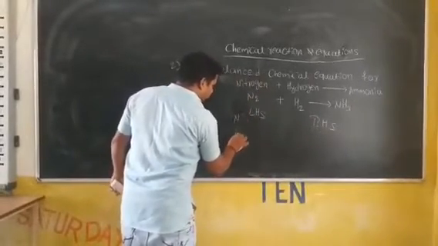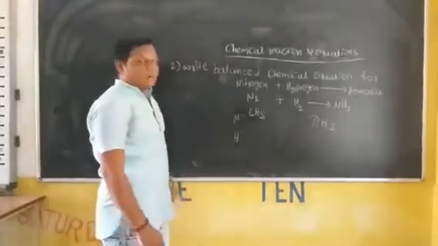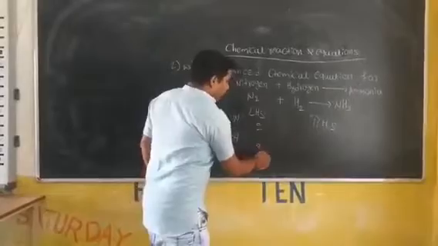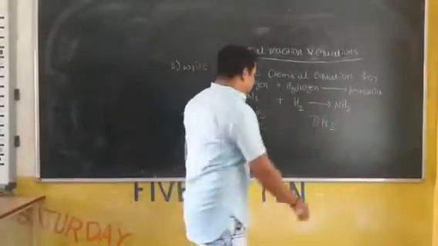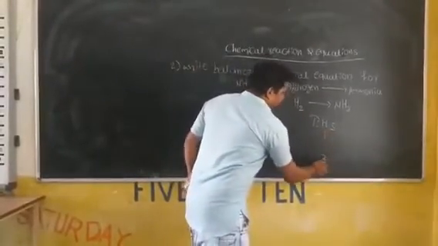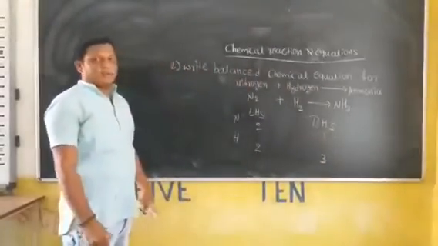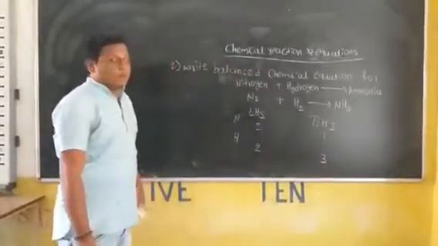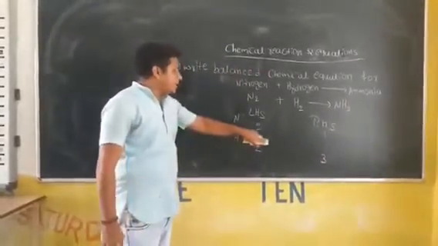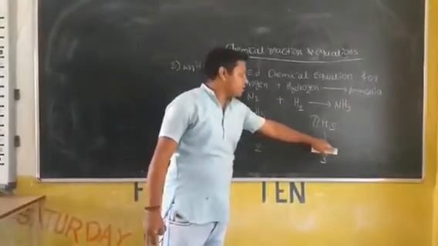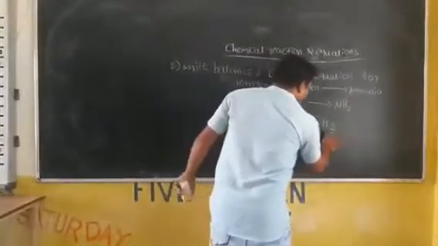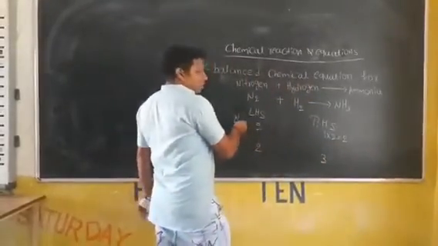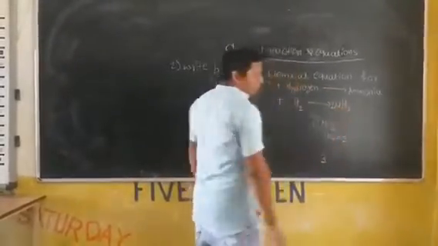Nitrogen and hydrogen are the two elements. The number of nitrogens here is 2 and hydrogen also 2. And the number of nitrogen here is 1, and here hydrogen is 3. Okay. First balance any one. Here it is 2 and here it is 3. How will you balance? Take any one, nitrogen is 2 and here nitrogen is 1. Multiply it by 2 and it becomes 2. That's where you multiply to the N, hence write 2.